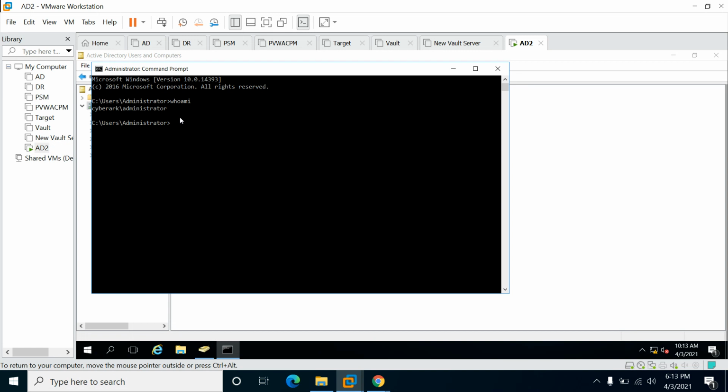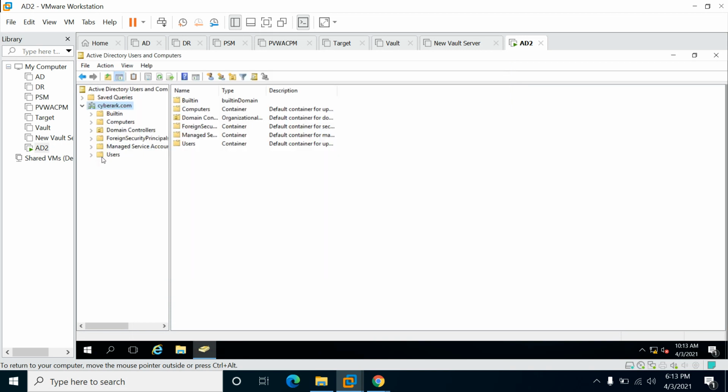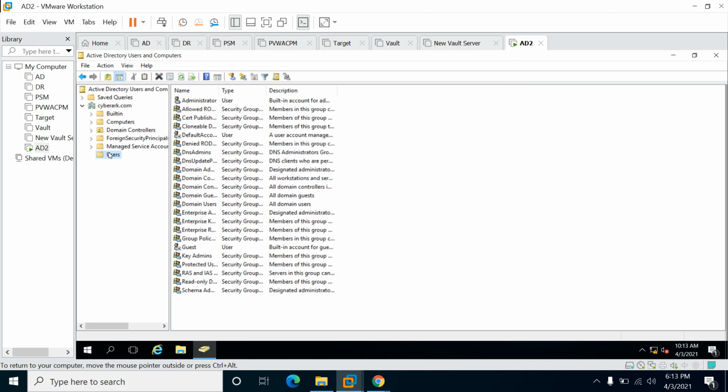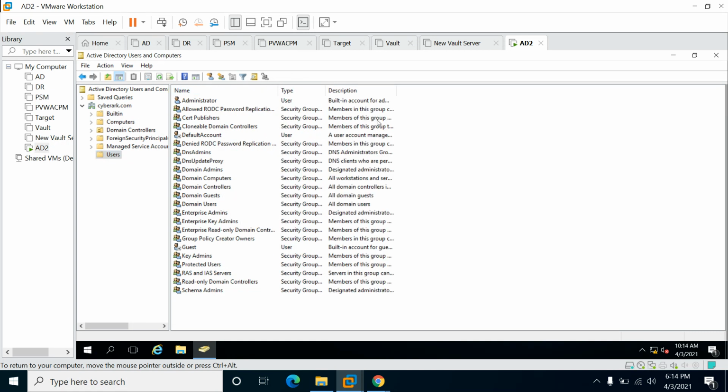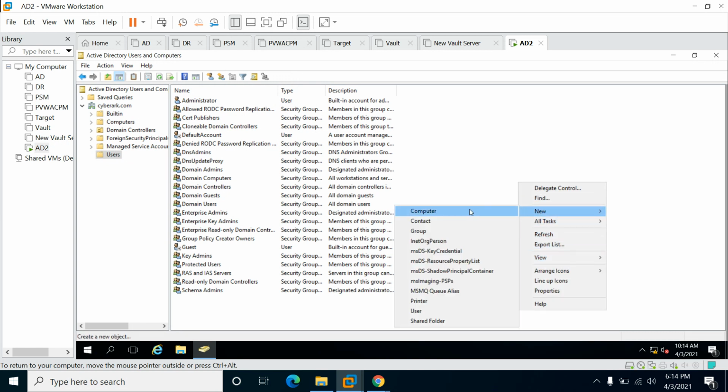If you select whoami, you see this CyberArk administrator. Same thing again, NetBIOS name and administrator. So you click on users. These are the default users and groups which come up when you install AD for the first time. And you can now create users, groups,